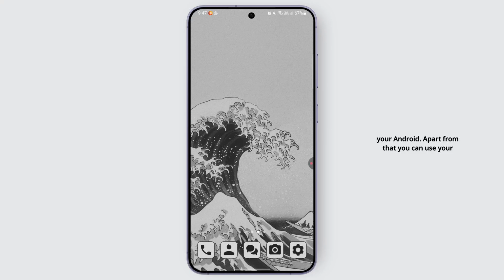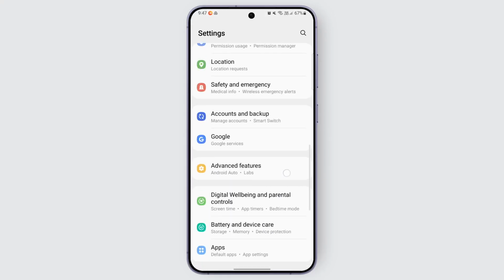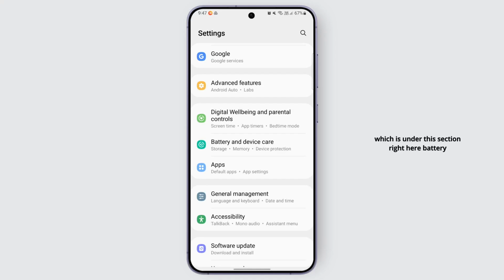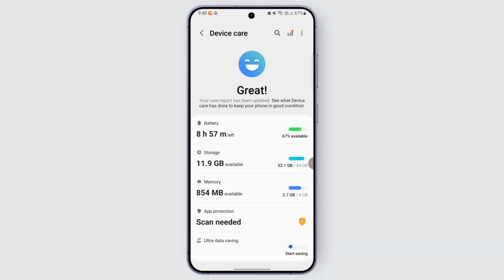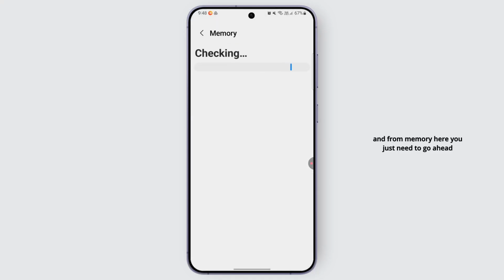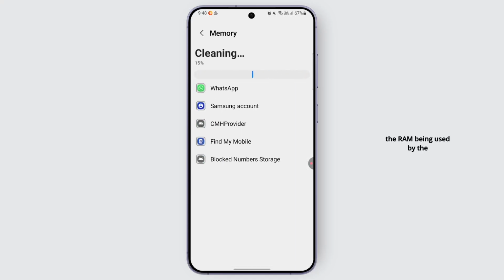Apart from that, you can use your device's care settings. Go to settings for that, open it up. And once you open up your settings, you can go to the battery and device care section, which is under this section right here, battery and device care. Tap on it. And once you go ahead and tap on it, you can just go ahead and tap on memory. And from memory, here you just need to go ahead and see a summary of your RAM usage and available memory. And you can just go ahead and tap on the clean now button to clear the RAM being used